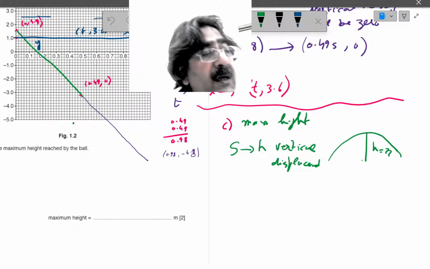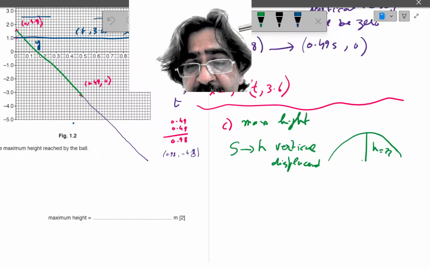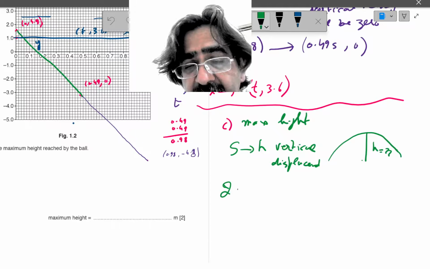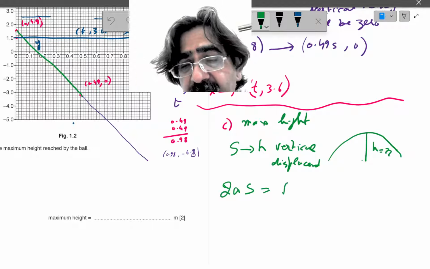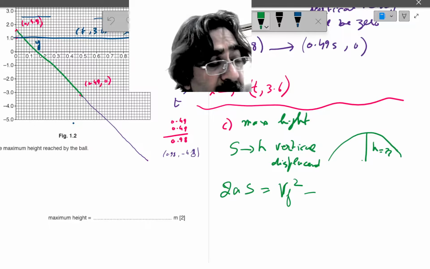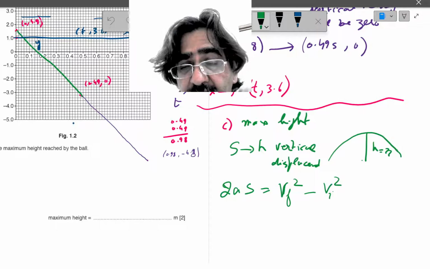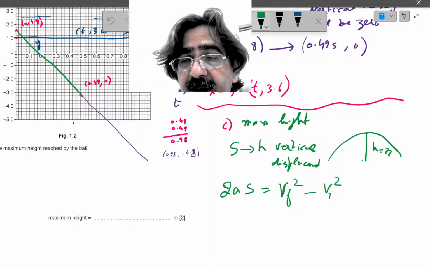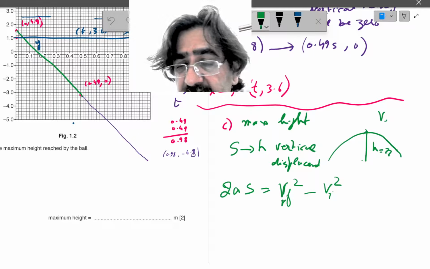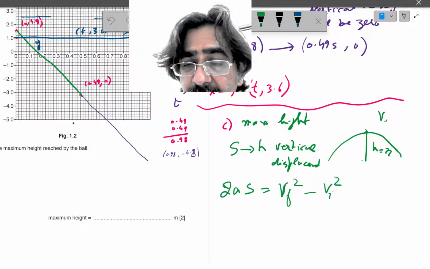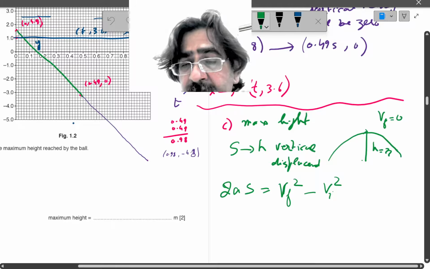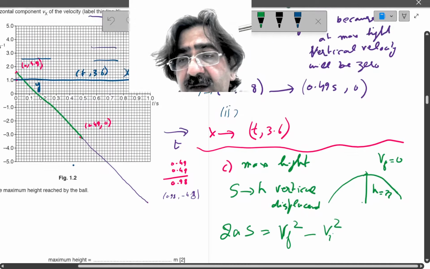Firstly, I prefer that we use, for vertical, 2aS equal to Vf square minus Vi square. For vertical velocity, we have to consider the vertical final velocity, that will be zero, and the vertical initial velocity is